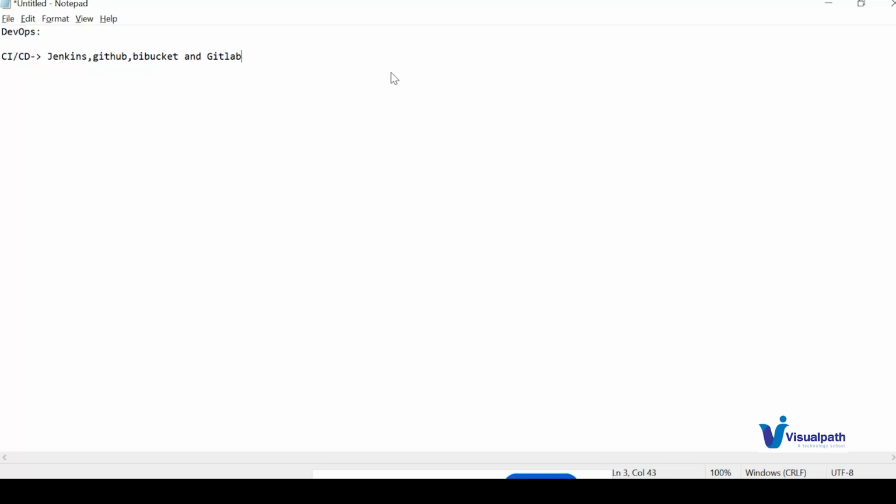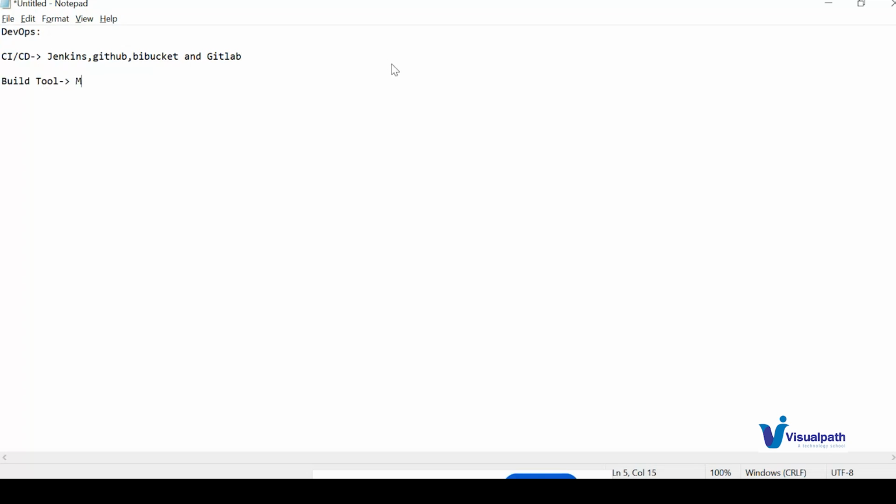Usually people know these three tools as source code management tools, but not only source code management now. The inbuilt feature is also available to deploy our application, so we can use them as CI/CD tools also.